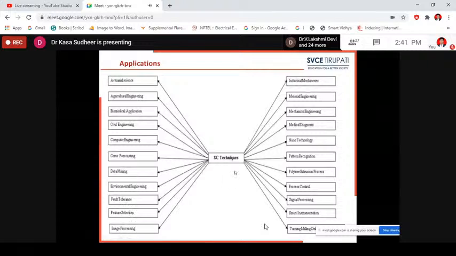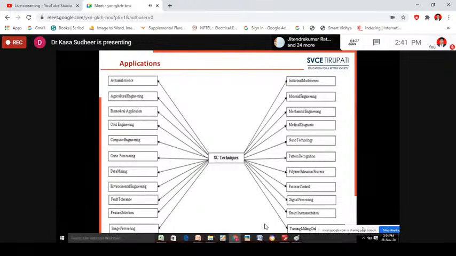So now, what are the major areas that soft computing technique can be used? So best one is your pattern recognition. Next, process control. That is where you are controlling, like, a wind turbine, where you're controlling pitch angle. And similarly PID, wherever you're using PID controllers, there you need to tune the coefficients, proportional, integral, and